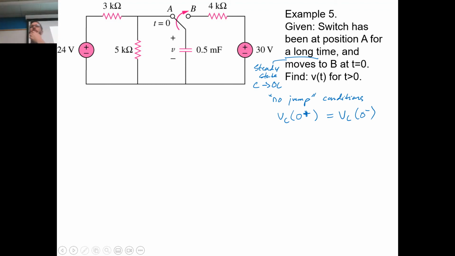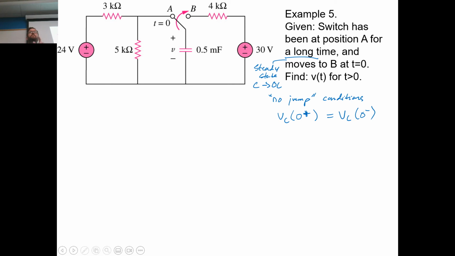Exactly. Solve for that, and then logically, once it flips over, the 0 minus is going to have to be less than 0 plus inherently because VC on that side,